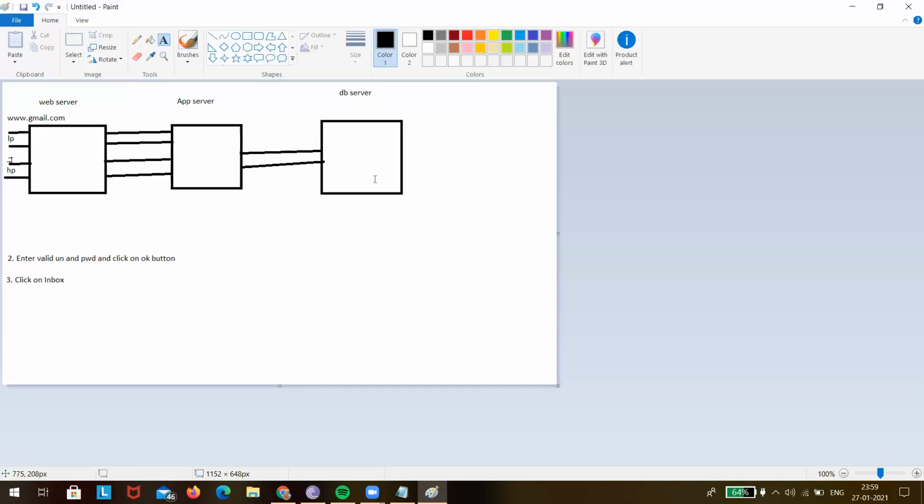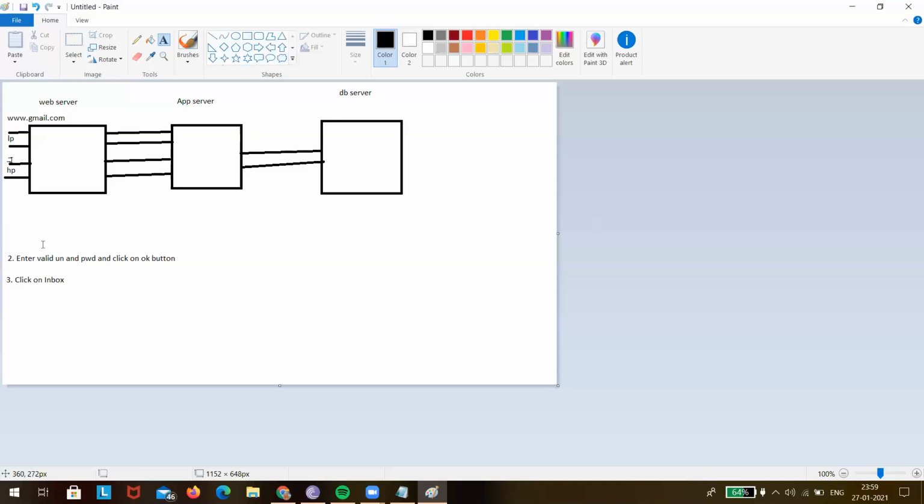So both of you are wrong, right? It will go to the database server, because in inbox we will have a mail which is specific to a particular user. Are you able to understand? You are having a mail which the other person will not have. You have to understand which is the thing which is specific to the user and which is a generic thing.